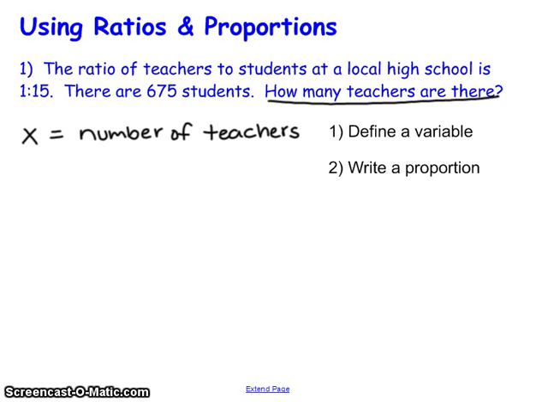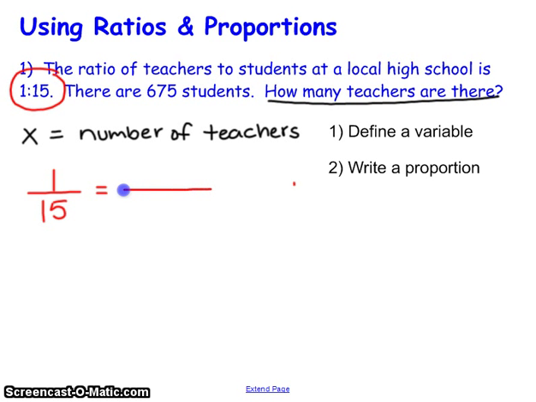After we define a variable, the next step is always to write the equation. And in this case, the equation will be a proportion. So, since a proportion is two ratios set equal to each other, we need to find two ratios. The problem should tell you one ratio. For example, in this problem, it tells you that the ratio of teachers to students is 1 to 15. One teacher for every 15 students. So I'm going to start out by saying that 1 to 15 is our first ratio,